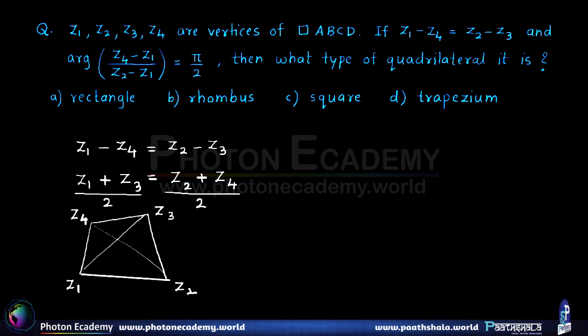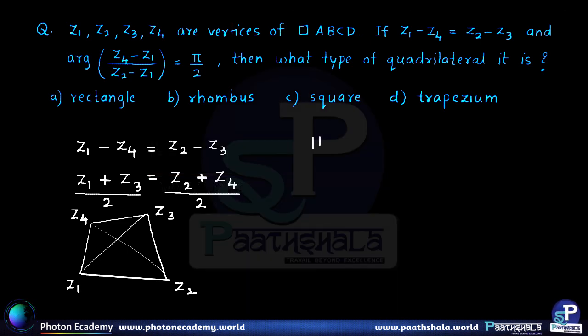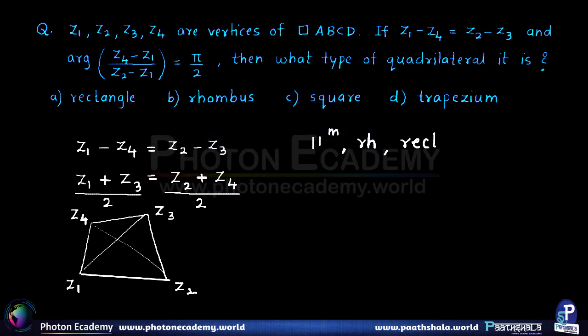Now we know from geometry that if the two diagonals of a quadrilateral bisect each other, then it can basically be a parallelogram, or it may be a special case, that is it may be a rhombus, or it may also be a rectangle, because a rectangle is a parallelogram, or it's very well possible that it could be a square also. Okay, and if it is a symmetric trapezium, then it will be a trapezium also. That means we have possibly all the 4 cases possible.